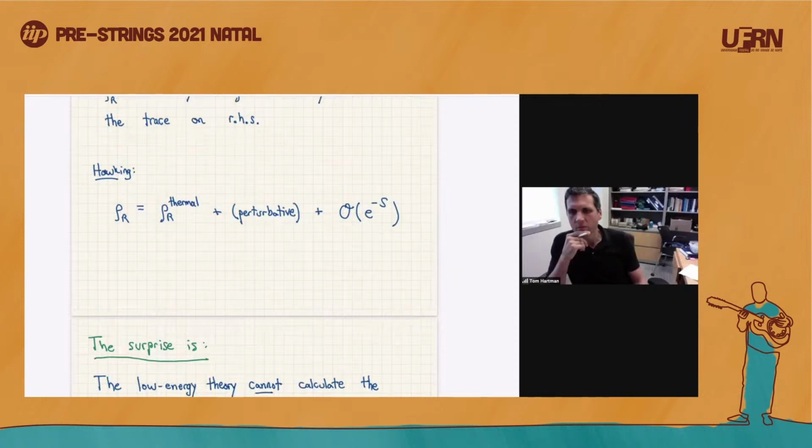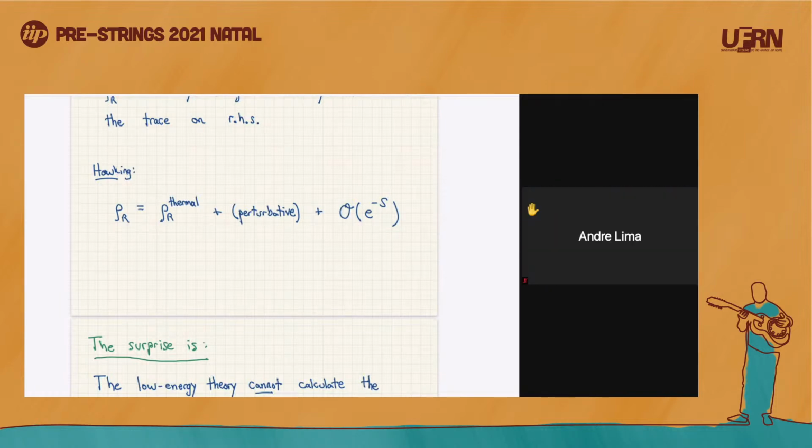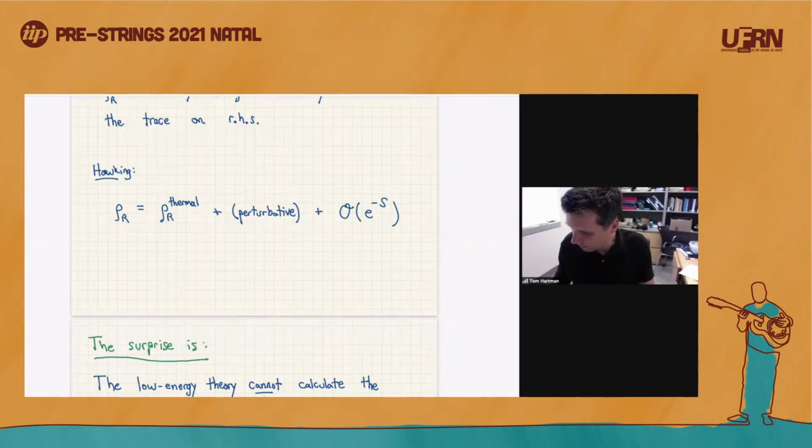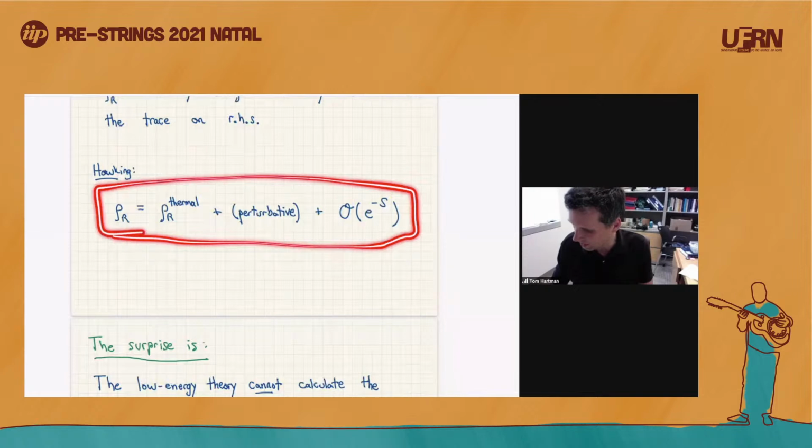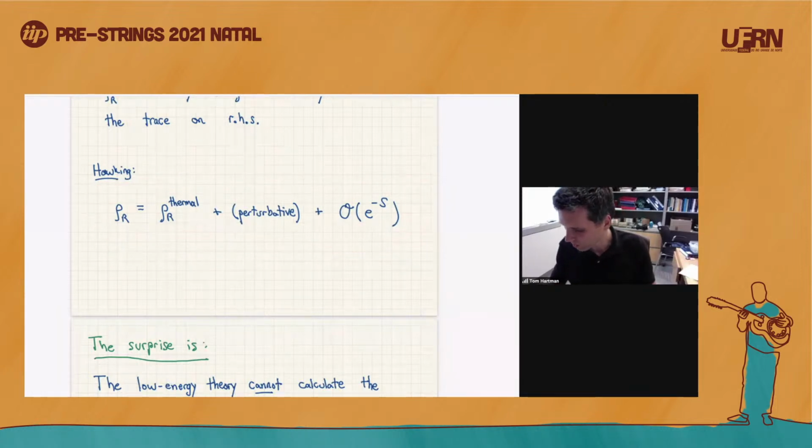Yeah, this does not fit into the fuzzball picture. Well, fuzzballs can mean many things. I'm going to pick one of them. I would say it this way. Hawking's calculation tells us the leading term is rho thermal, but it doesn't tell us anything about the perturbative or non-perturbative corrections. Now, Mathur's theorem